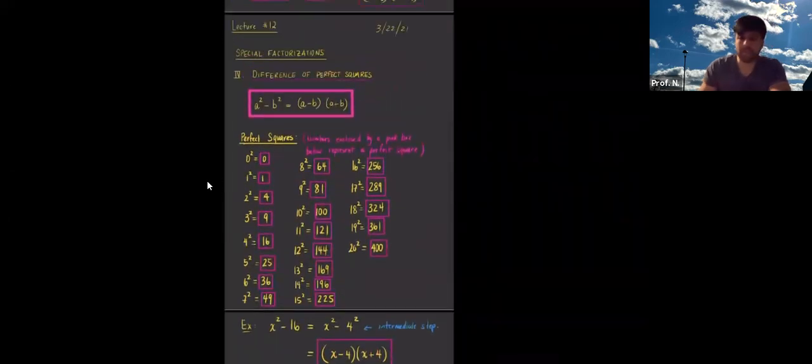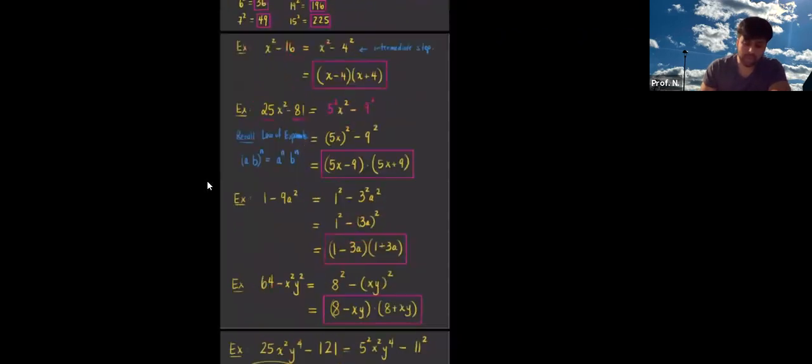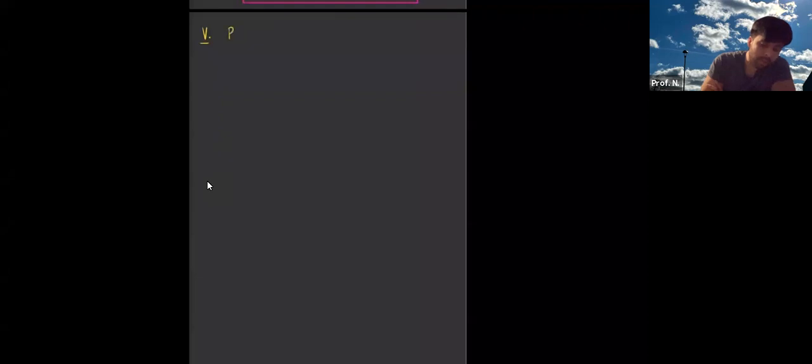Okay, so that's one of those special factorizations, difference of perfect squares. So now that we've touched upon that, let's look at the next one. This is going to be number 5. And this is going to touch upon one of those special products that we discussed a few lectures ago. And this is called, not the difference, but perfect